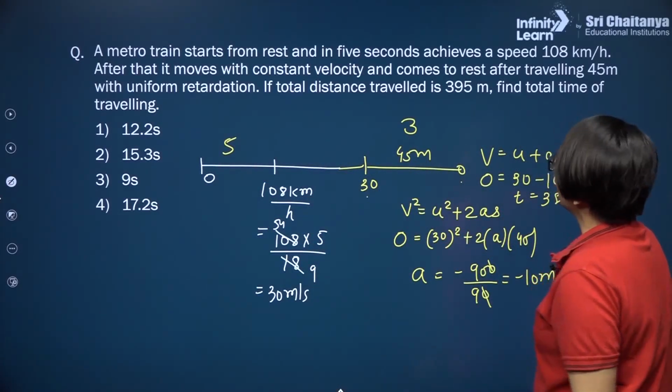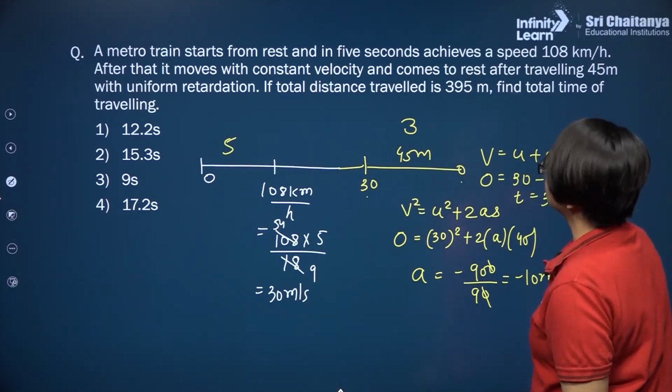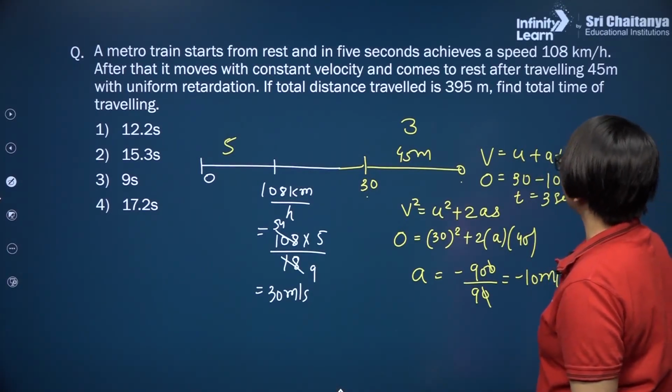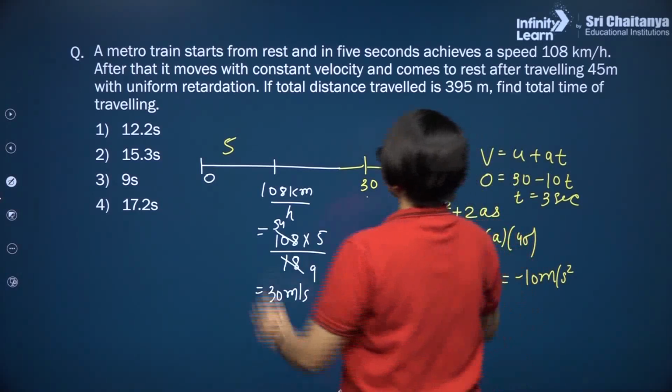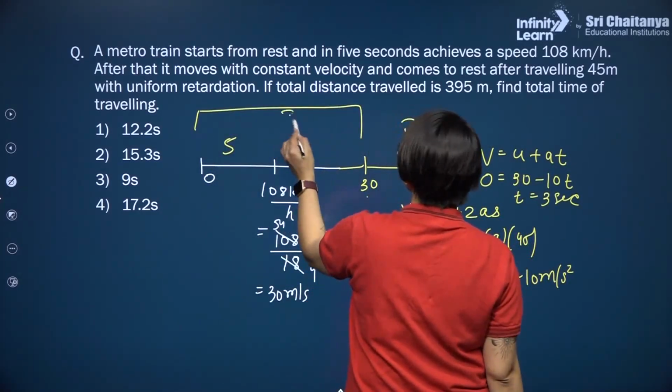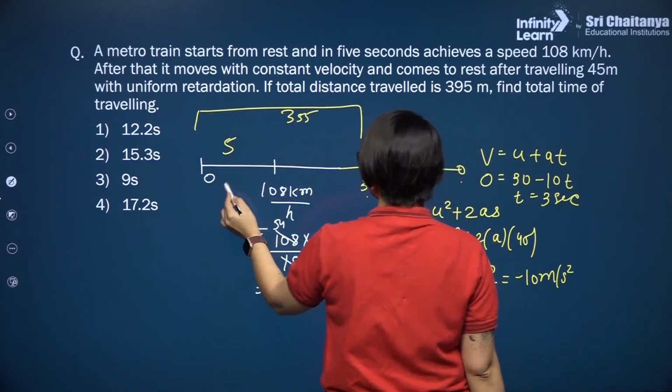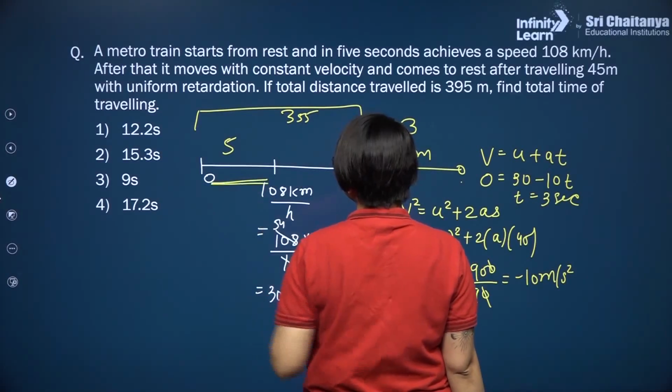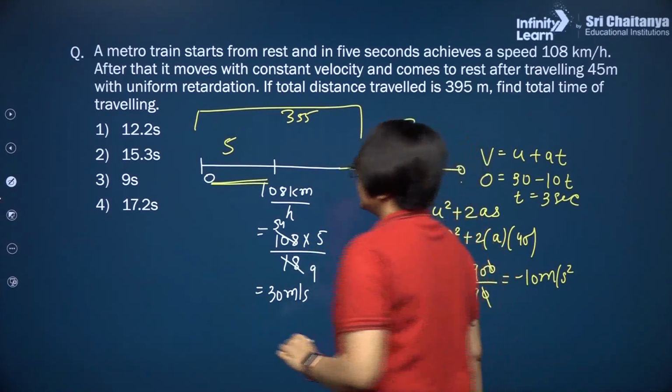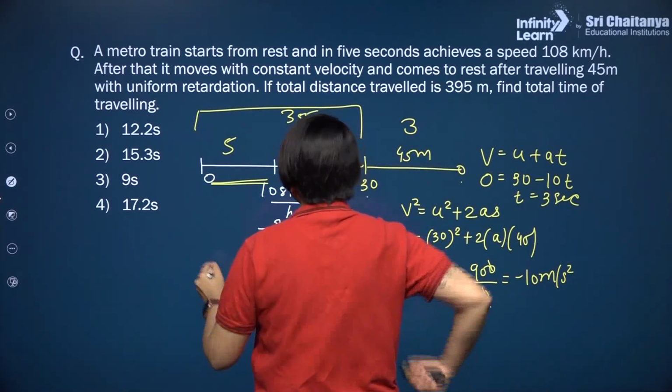Okay. Now total distance is 395, 45 is covered here. So this complete is 355. Out of this 355, let's find what is the distance covered in the first portion, right. So it is ut plus half at square, so it is ut,